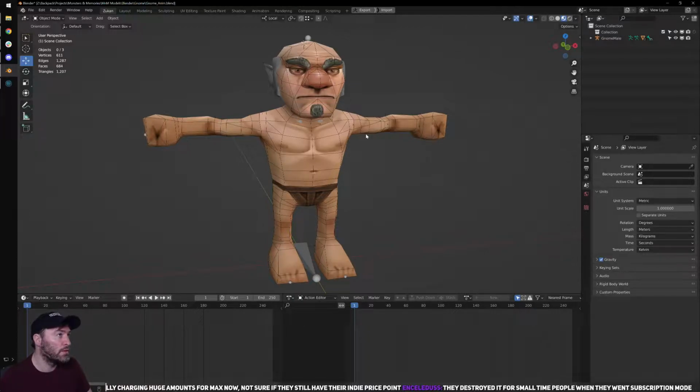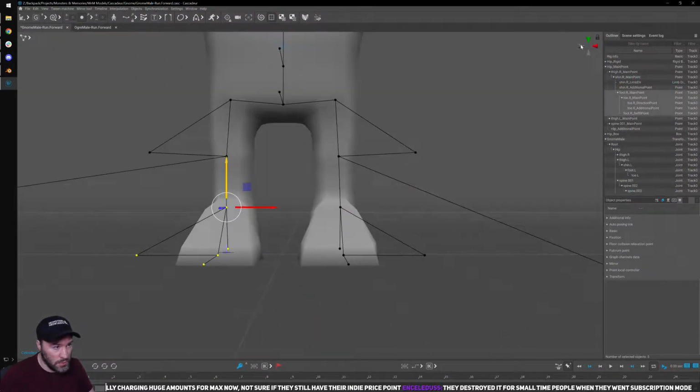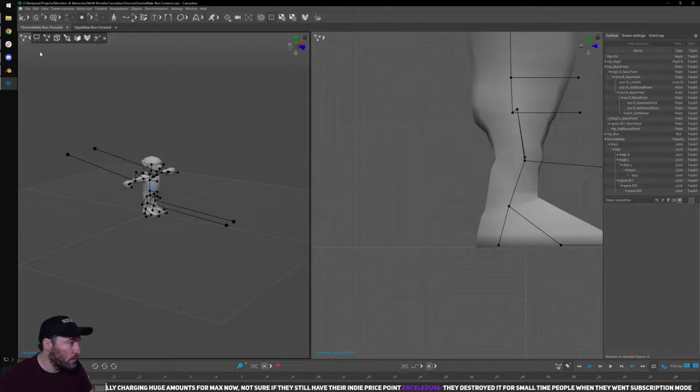Yeah, Autodesk's Maya is just crazy expensive. I do like Maya for some rigging stuff still. I've been trying to do some weird things with rigging in Blender, which is causing some issues, and I don't know what's going on there, so I couldn't resolve it. But I know I've been able to do it in Maya, but it's also kind of why we're using this now. But anyway,